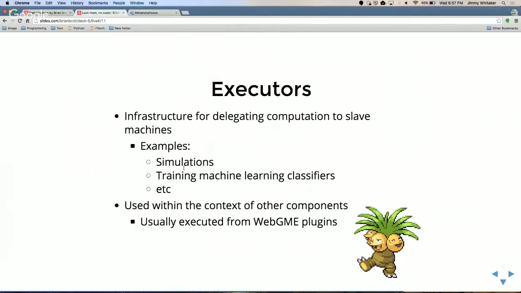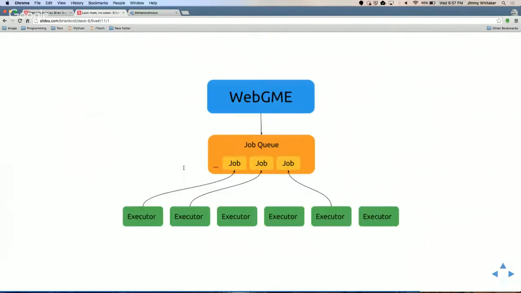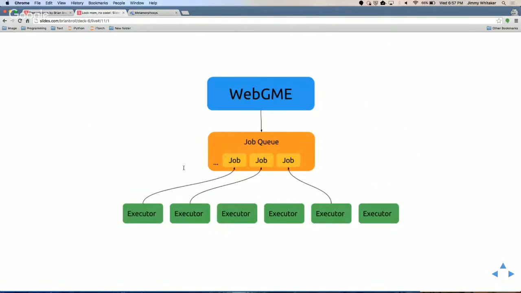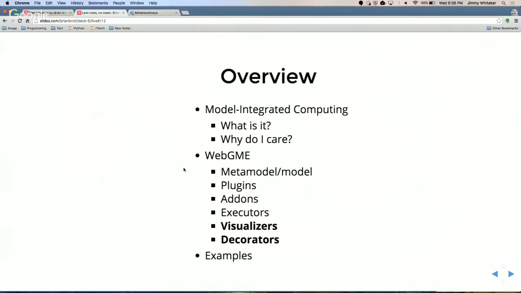These are used within the context of other components like plugins or add-ons. Here's a basic diagram of what I was saying. WebGME maintains a job queue, and you can have as many executors as you want that query the job queue and pick up jobs as they become available. This lets you delegate computation out horizontally.